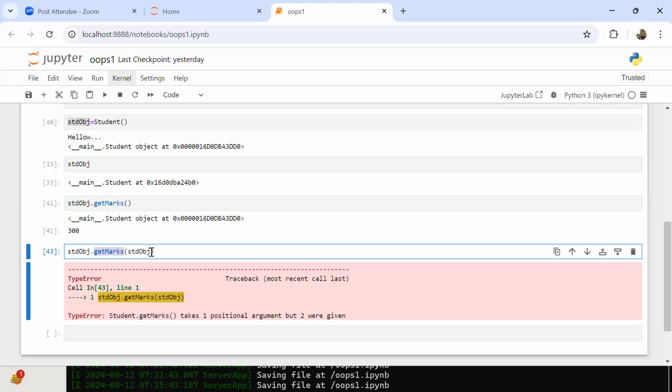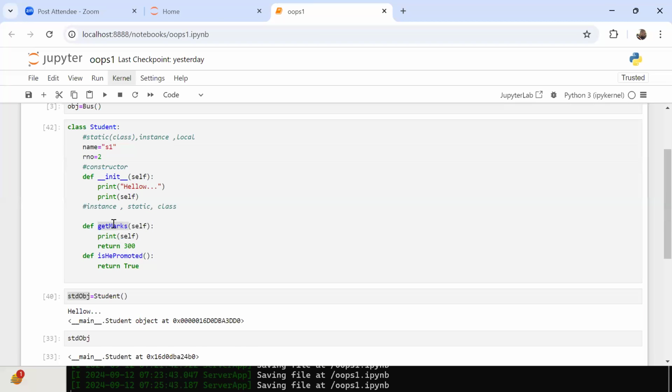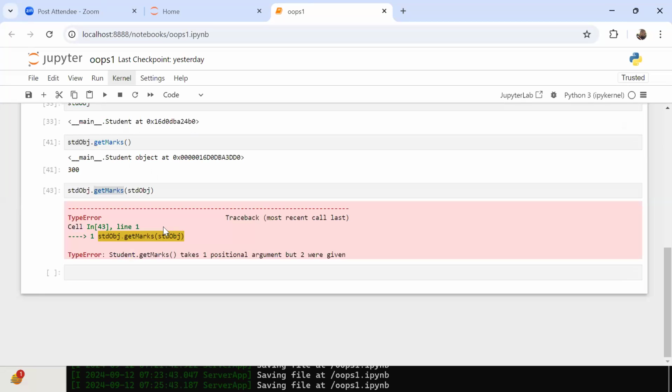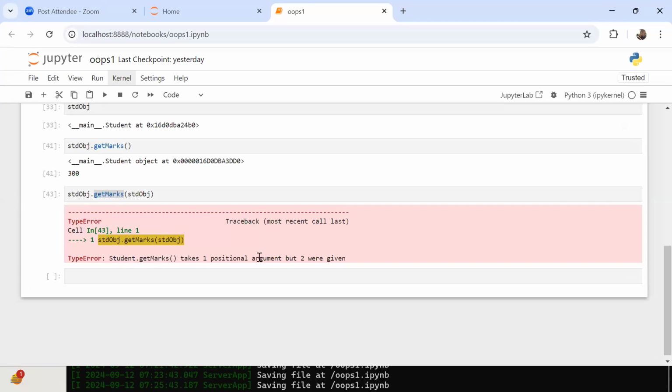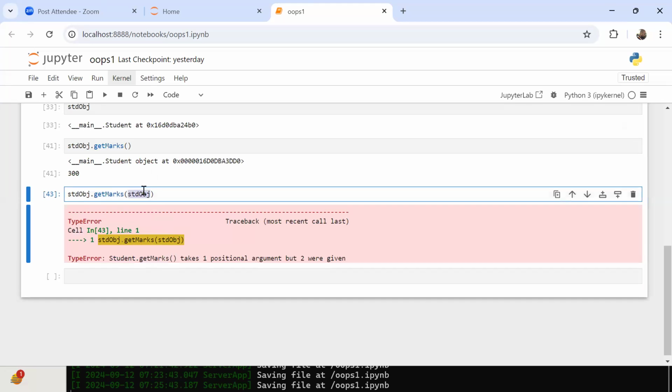Those two arguments, who has to hold them? Get marks. But you hold how many? One. That is the error, right? See this: takes one positional argument, but two were given. For example, if I pass like this, what is the answer?